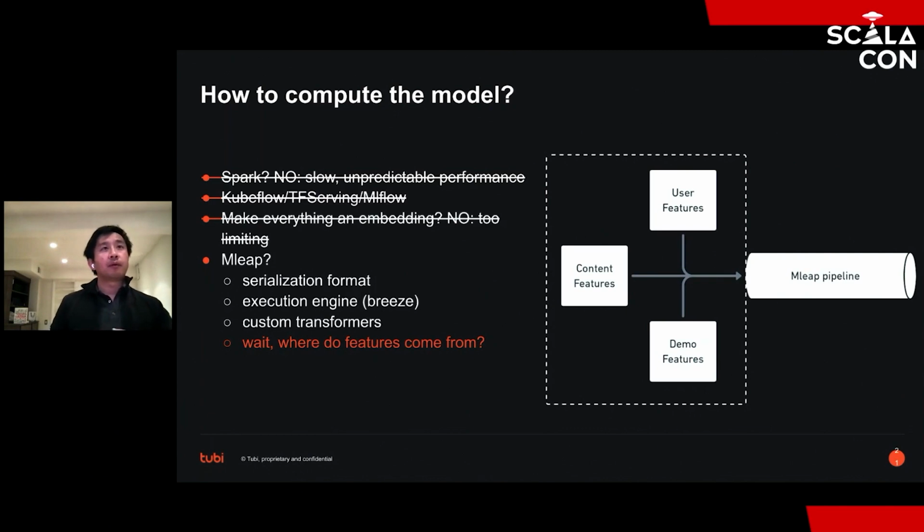What we found when we first started using this was that our ML team was spending a lot of time writing offline code in Spark to get the feature set ready for training, and then having to work with our backend engineering team to say, okay, I want to get this kind of feature set, but online.